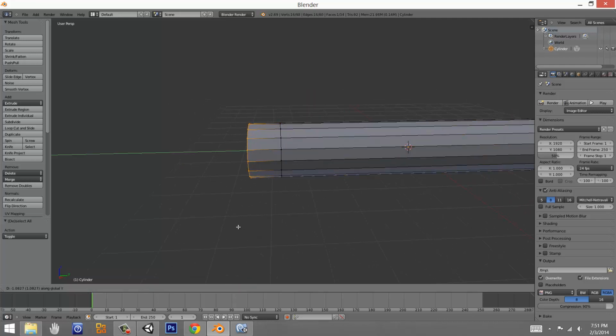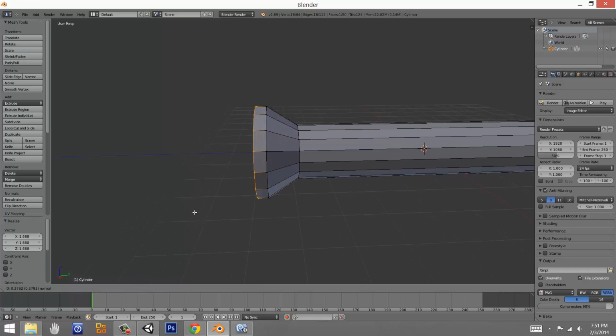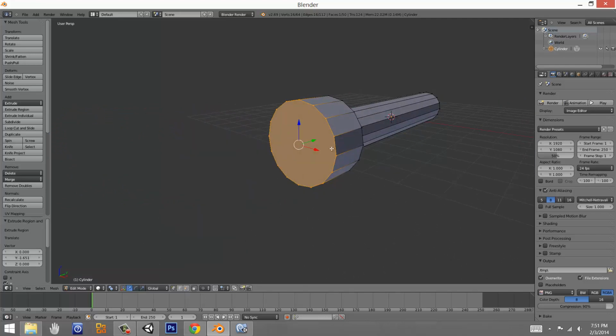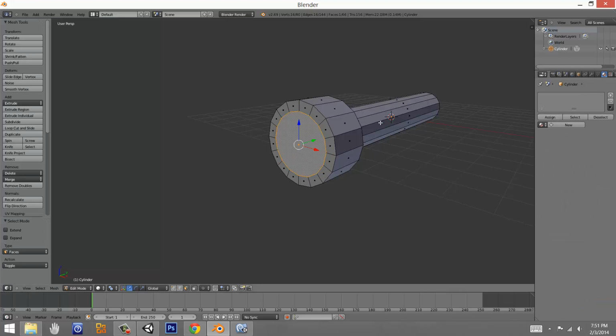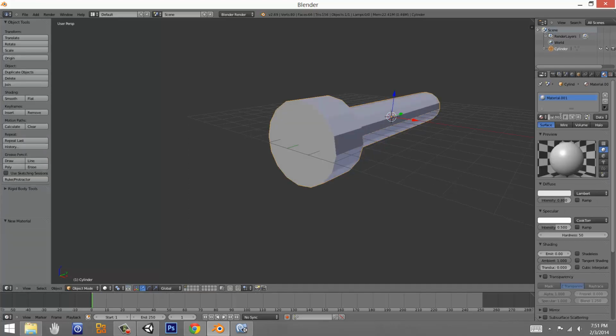Extrude along Y, make it big, extrude along Y again, and there we go. Then extrude one more time, shrink it down, go to face, and select that face. Actually, tab out, new, name this flashlight,